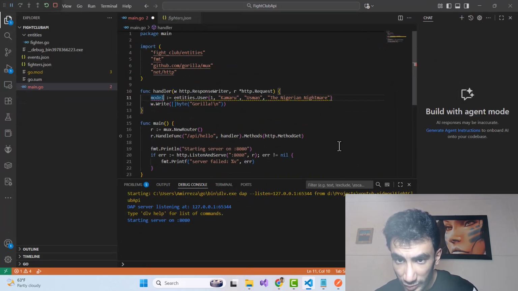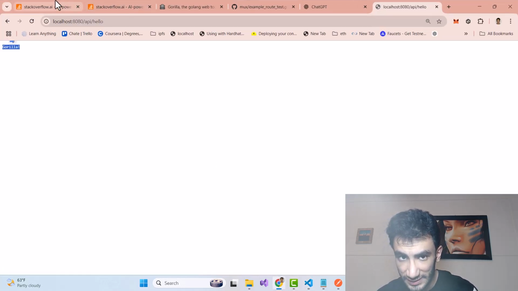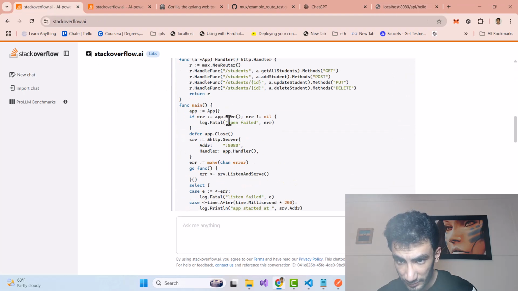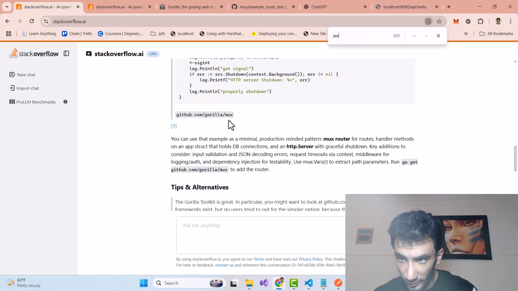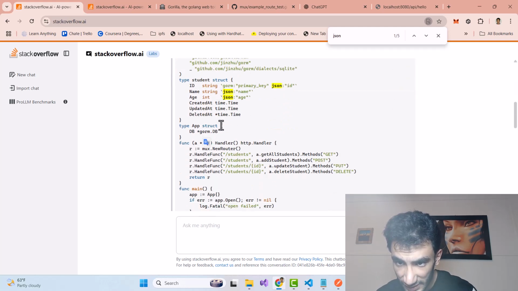If I want to print my model, first I need to unmarshal that. First I need to use the JSON, and